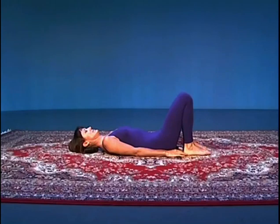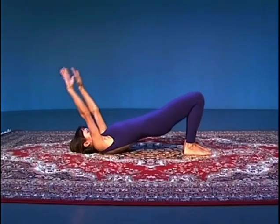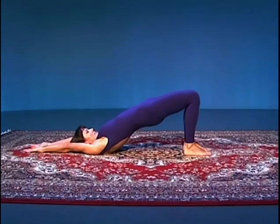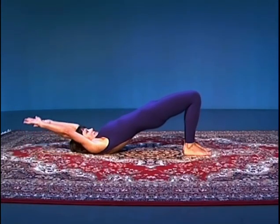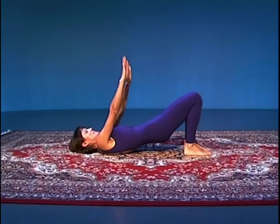Lie on your back, stretching your fingertips to the heels. Exhale, pushing up into the feet on the in-breath. Lift the arms up, hips up, full of breath, reaching up, coming up into the shoulders, chin tucked in, and exhale, coming back down one vertebrae at a time,